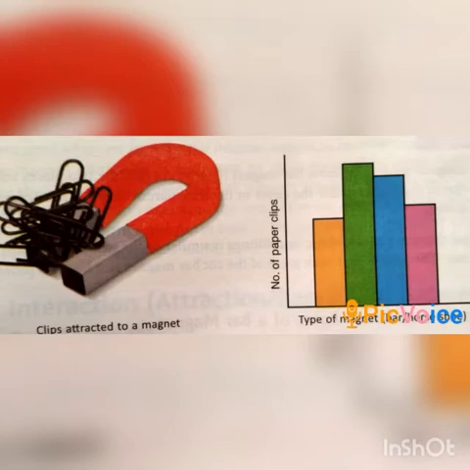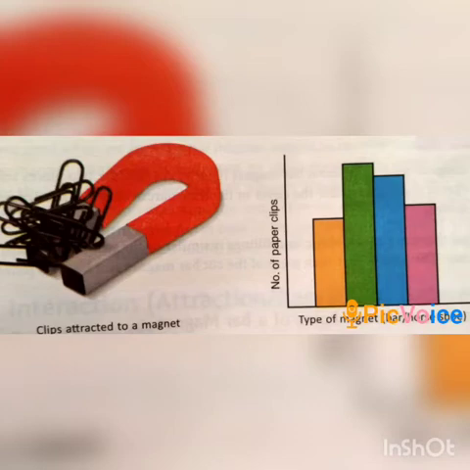Now, consider a collection of bar or horseshoe magnets of different sizes and shapes. Suppose we want to find out the strongest as well as the weakest magnet from the given collection. A simple way of finding this is to use each magnet one by one to pick up steel clips. Hold one end of each magnet to collect these clips. The magnet which attracts the largest number of clips can be thought of as the strongest one.